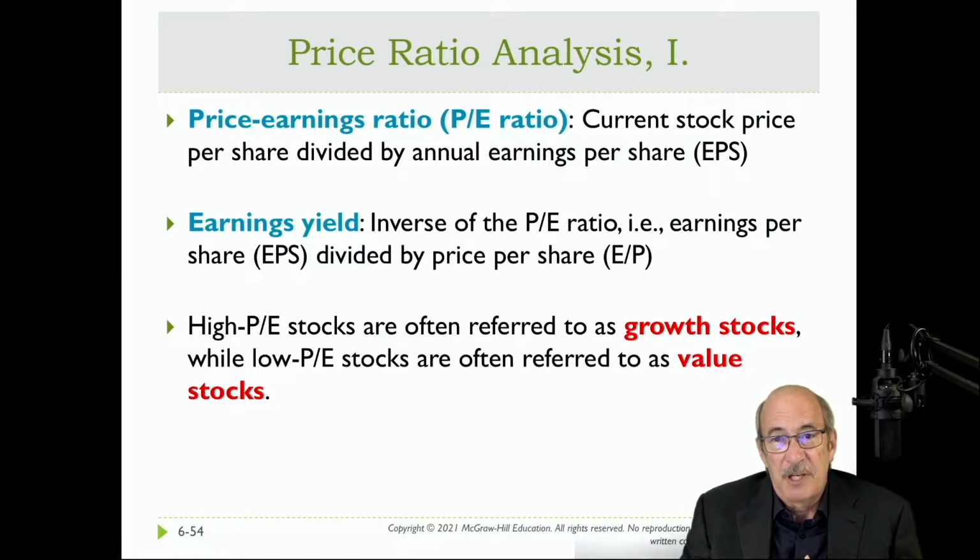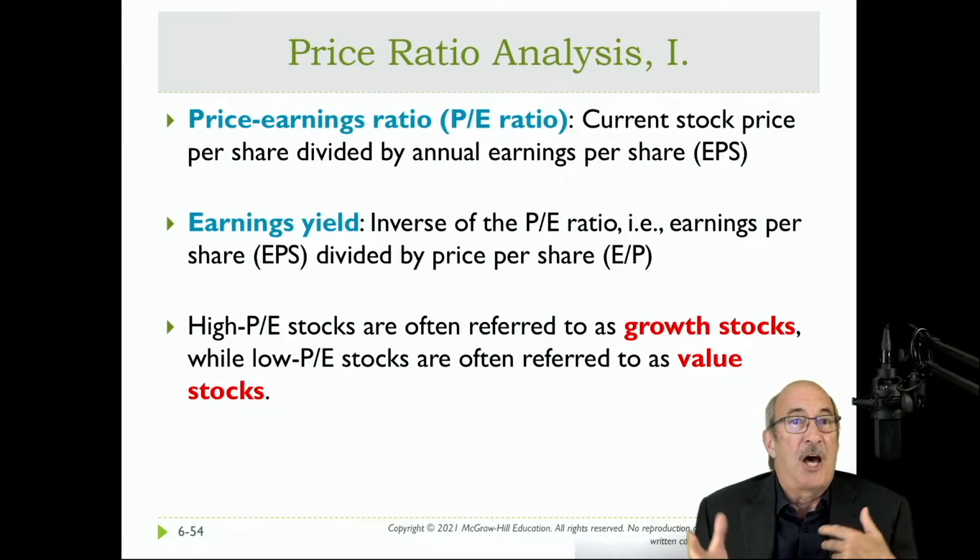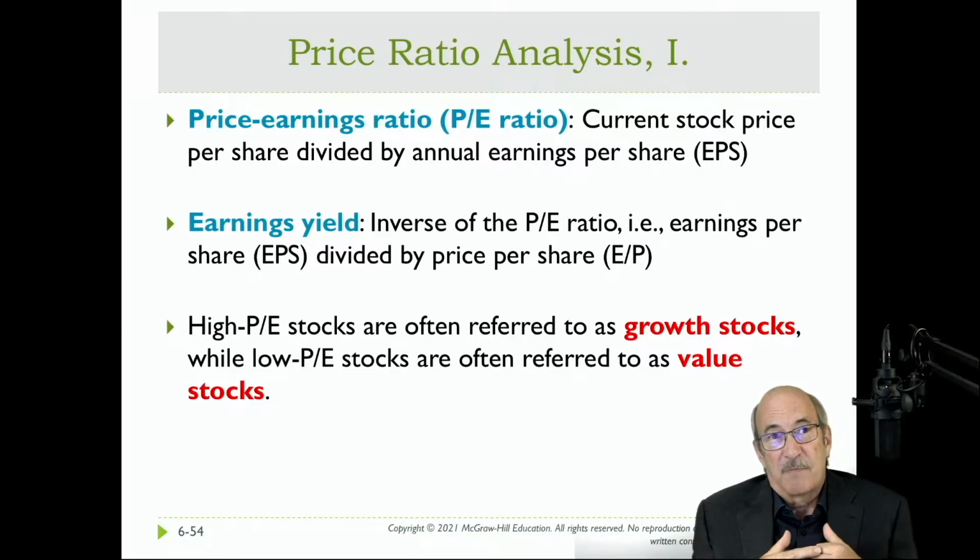I'll show you how that works. He was talking about being explicit with your assumptions about K and G and so forth. I'll show you what he was headed towards there in just a minute. Value stocks are at the other end of the scale. So these low PE stocks have, if not explicit, implicit low growth rates embedded in this analysis. And yet people think of these as, oh, these are cheap. This is what Berkshire Hathaway is based upon. This is Warren Buffett's